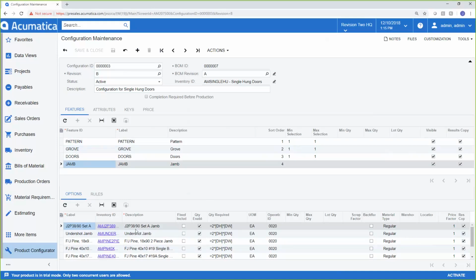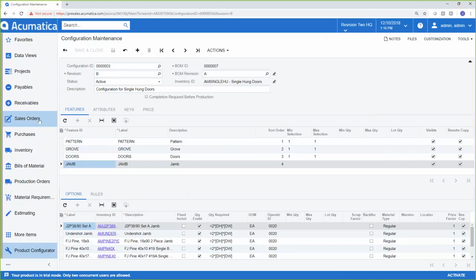So Acumatica can get very granular with how we set up the configuration. I believe there's even one in there that has like 10 different items for one formula set up. So you can get pretty specific with how those calculations take place. And then when you're going through and putting them on a sales order, which I will do in my last moment of this demonstration, you're going to see that that configuration can be utilized right on the sales order or quote level. So when I enter in that item, that single hung doors item,